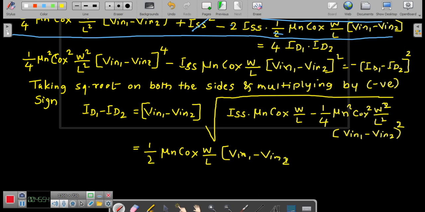There is some network issue here. That is the reason why I am not able to write it properly. V in 1 minus V in 2. Now whole under root,